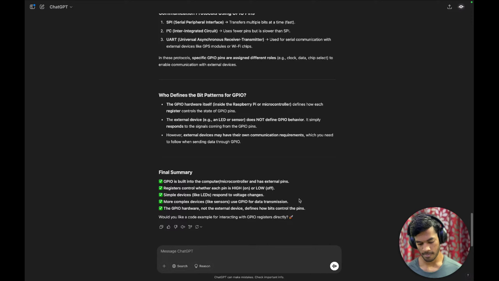Okay, so this is one method to connect to external devices in general ways by using pins, but for more standard devices like